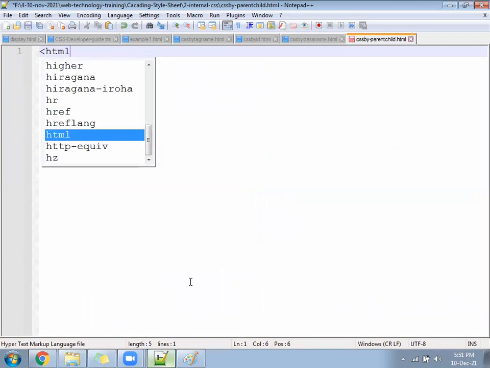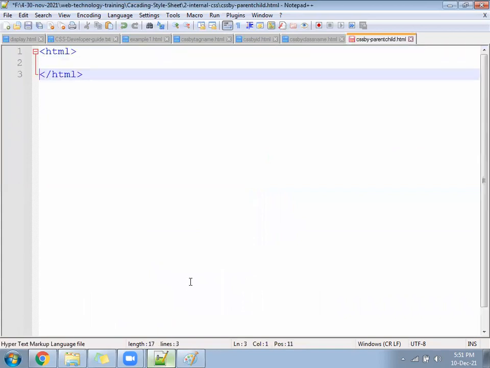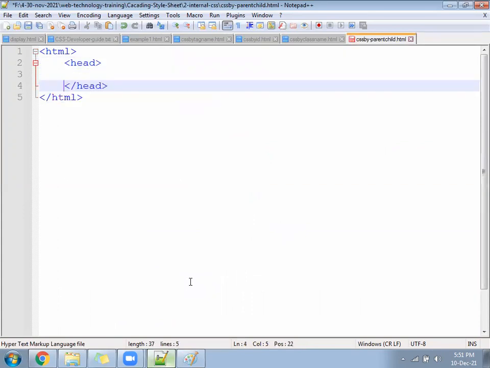HTML open close. Head also open close. Style also open close.